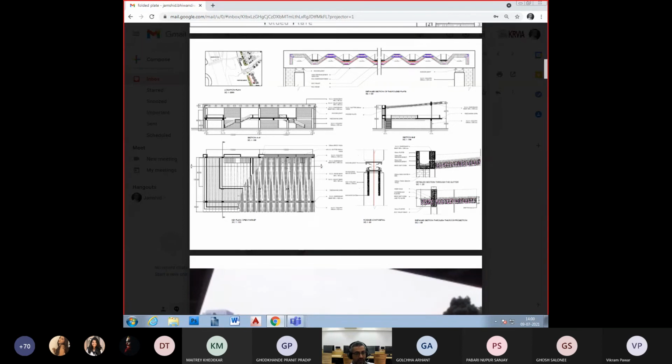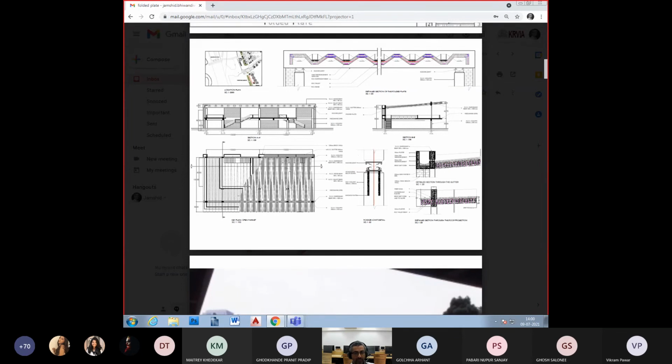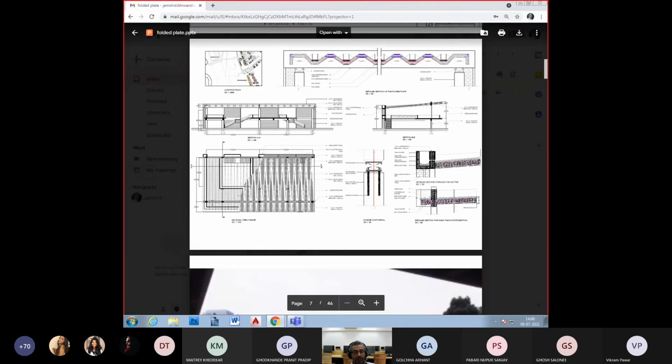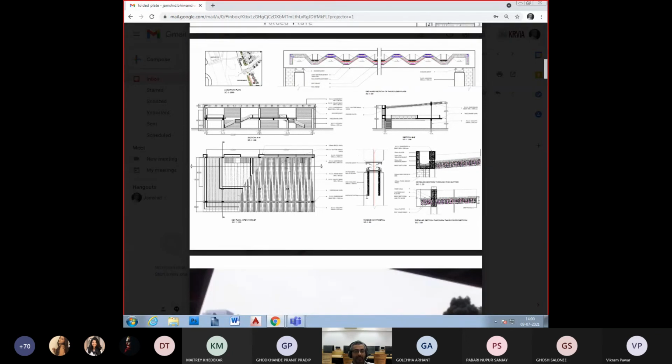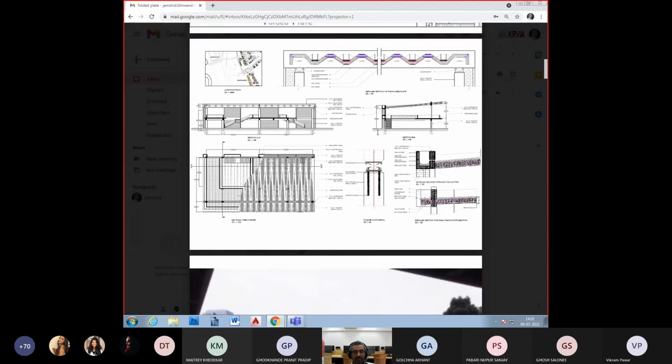Here the student has taken the initiative on one side to make the diaphragm beam into a gutter, thereby sloping the folded plates in one particular direction to hold the water from one end. On the other hand, he's taken the diaphragm beam inward such that the profiles of the folded plate lend identity to the pavilion. If you view the pavilion from this end, you can actually see the folds that lend identity to this facade of the structure. On the other hand, this facade is a boxed facade where the box gutter is in a position to take the rainwater and things like that.